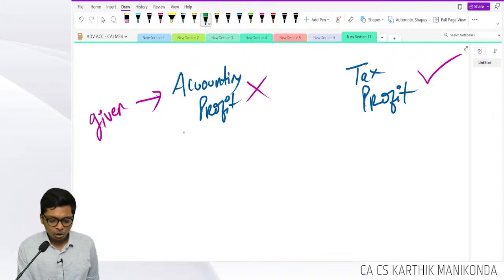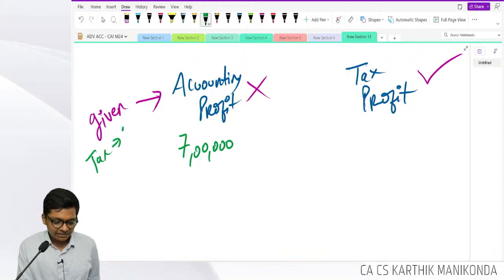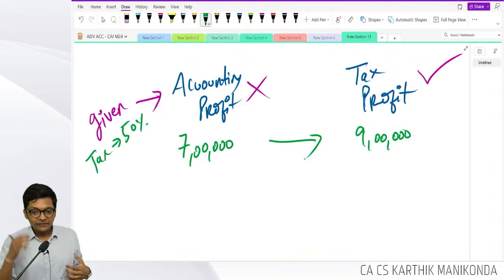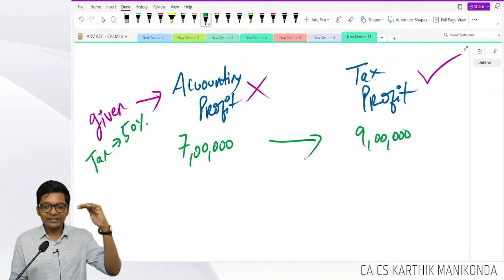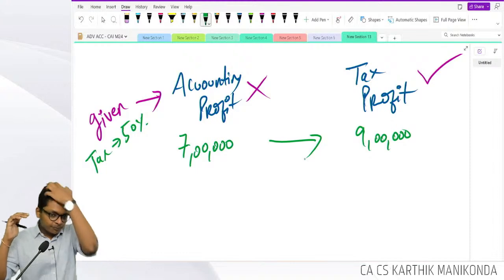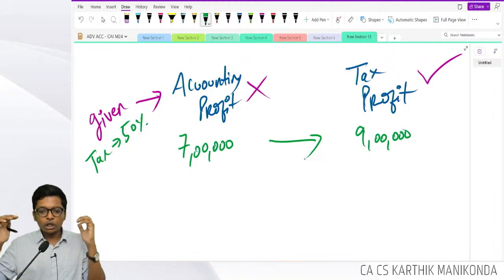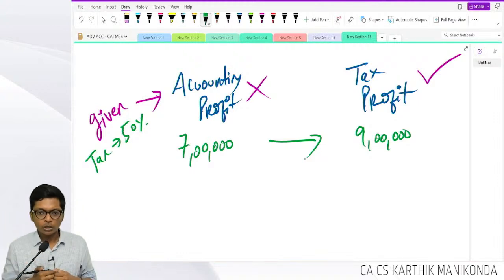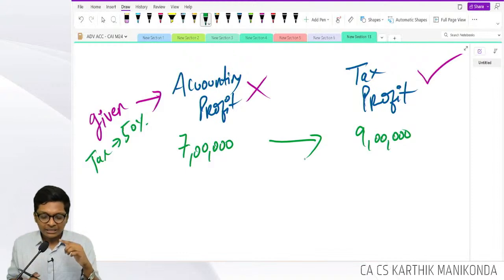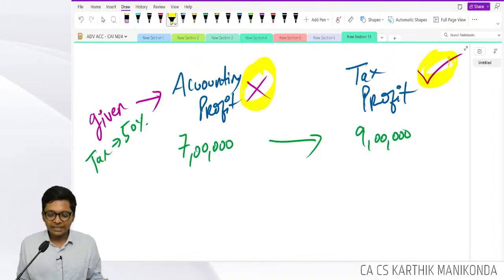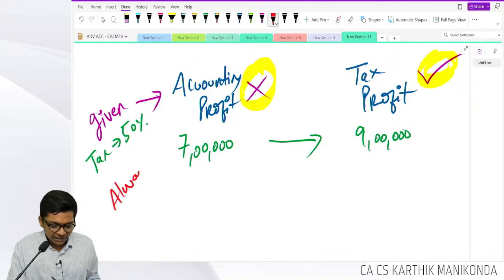Let me say accounting profit is given as 7 lakhs, tax rate is 50%, and assume tax profit is 9 lakhs. So, which is correct, guys? Tax profit is correct. Accounting is wrong. So always, this is the default for the shortcut. Accounting is wrong, tax is correct. And remember, deferred tax, always